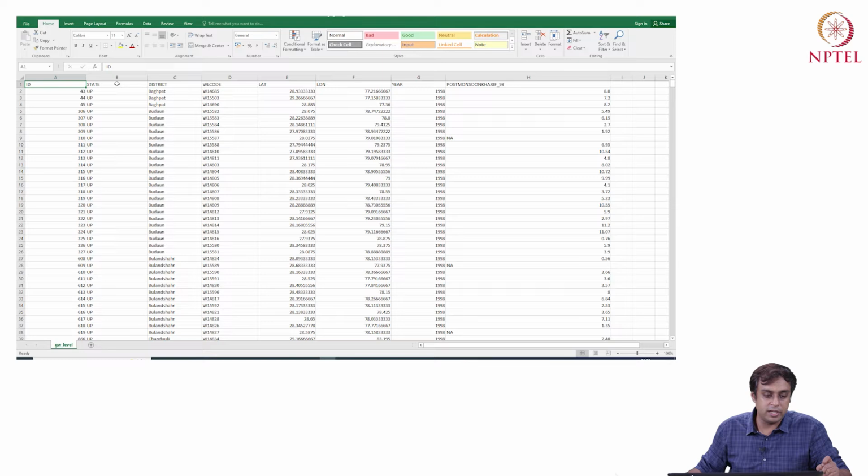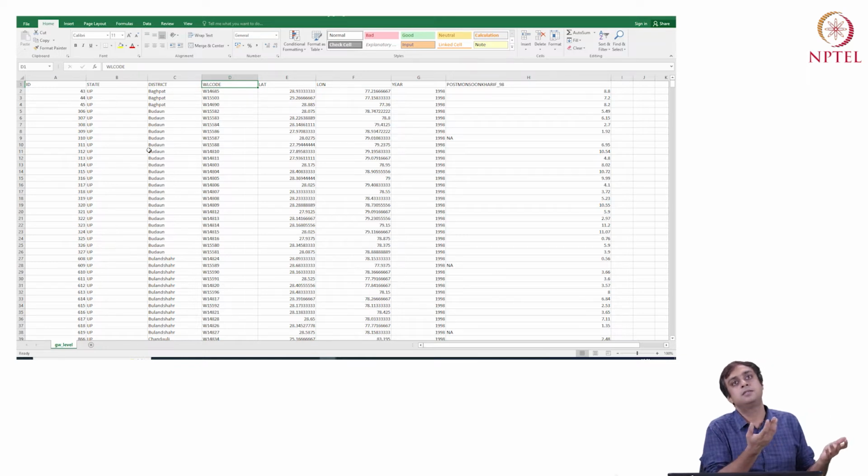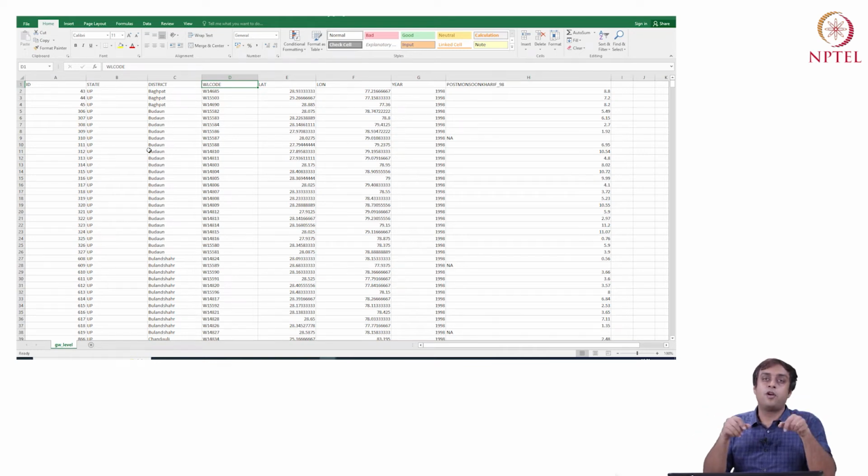This data is for the state of UP, separately downloaded. What is this ID? We will see in a minute. Well, this ID belongs to a well code. So India's groundwater management agencies own certain wells in different locations in the country, from where they monitor groundwater levels, right?